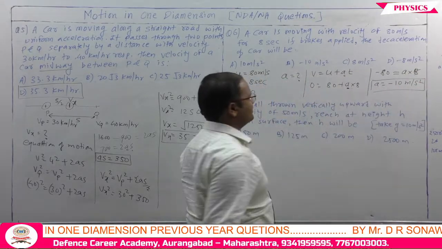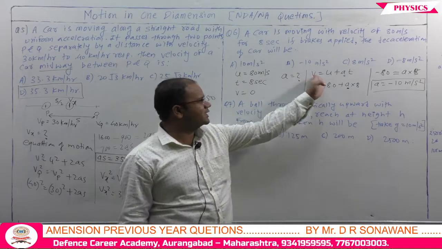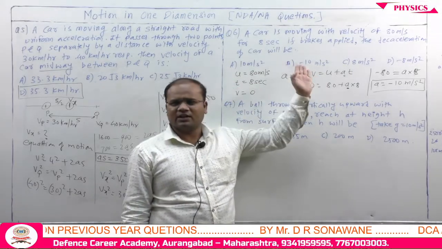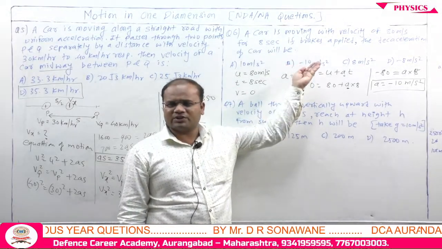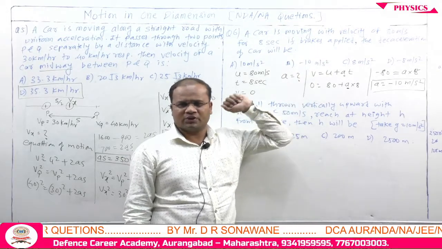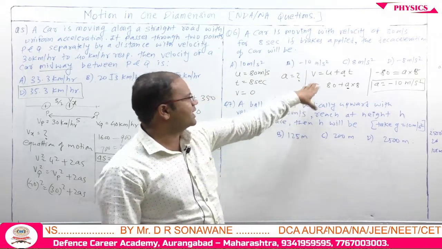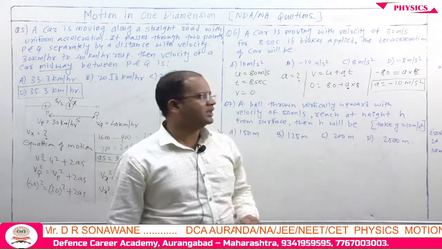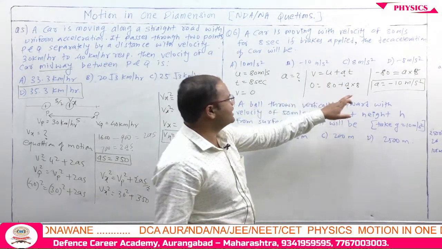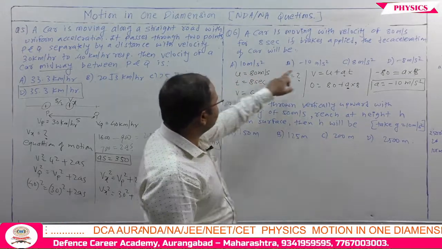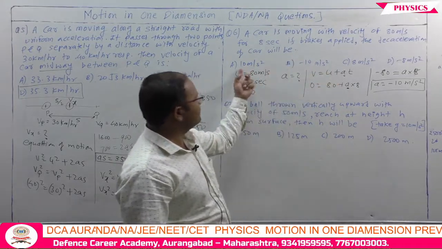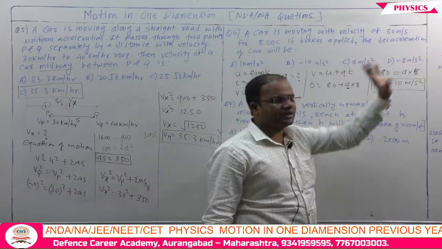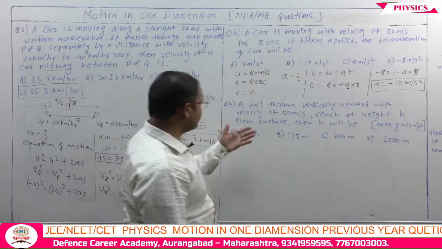This is the answer. So there is a very shortcut trick, we only have to consider what values are given, and which type of equation we have to use. So they have given time, they have given initial velocity, and final velocity is ultimately 0 if we apply the brakes. So we have to calculate acceleration. So this acceleration will be minus 10 meter per second square, plus 10 will be the wrong answer. These two are also wrong answers. We will jump on to the next question.